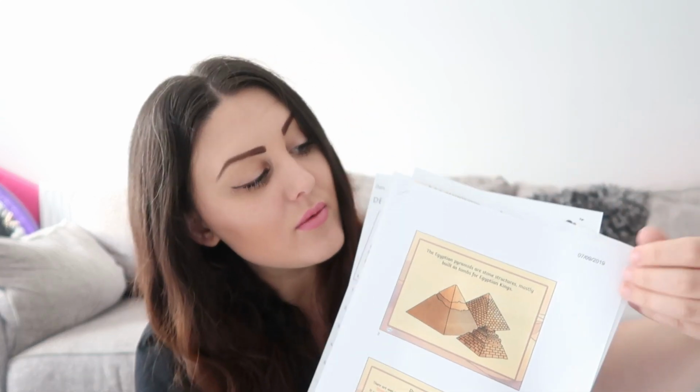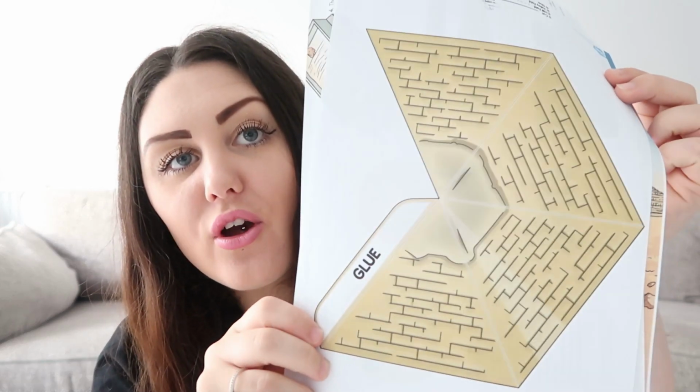So history. This term, or however long it takes us to learn it, we will be learning about the ancient Egyptians. Lexi's actually really excited about this. That first page was just a word search, and then we have about the River Nile, and we have the Egyptian writing that she has to crack the code, and we have designed an ancient death mask, and we've got lots here. We've also got about the gods, about the pyramids, and that was a PowerPoint here. Oh yeah, and she has a fun little thing, she can make her own pyramid there,